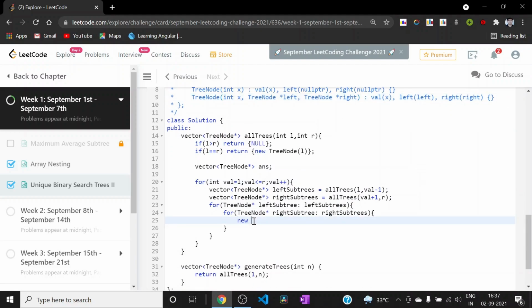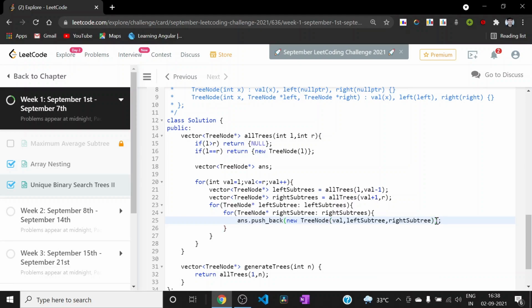So that tree will be new TreeNode, with the root value val, left node as left subtree, and right node as right subtree. Since this is a possible answer, we can push it back in the answer vector.